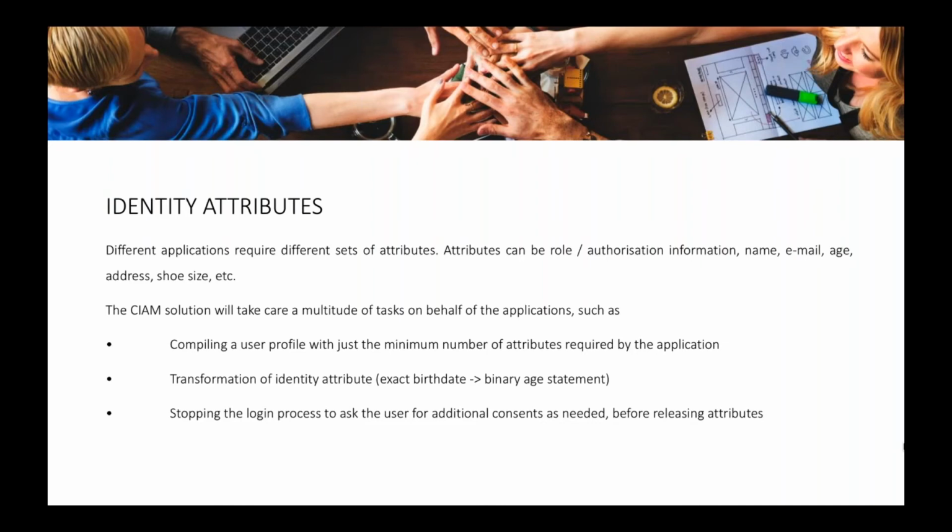Now let's talk about identity attributes. Different applications require different types of attributes to provide services. So for example, a web store that's selling shoes needs to know the shoe size of a user, or an email service needs to know your email address and maybe some information to help you reset your password in the event that you forget it. The CIAM solution can help with these by allowing you to create a user profile that sends only the minimum required amount of information to each connected service in order to comply with that minimum